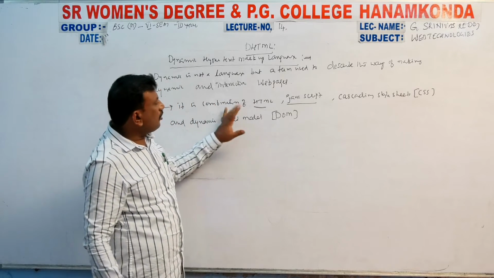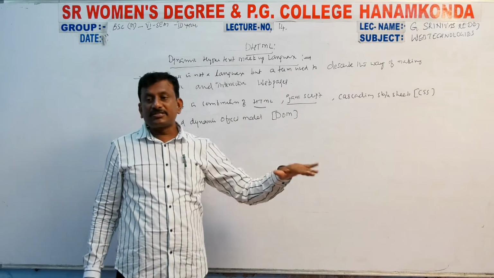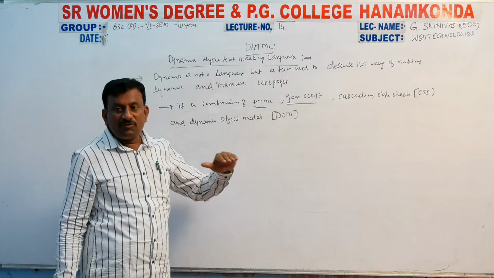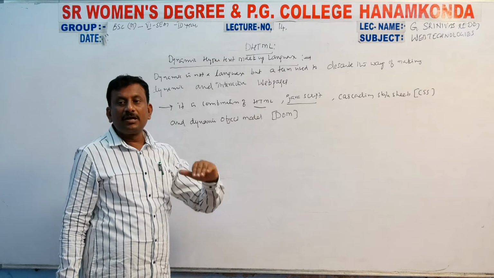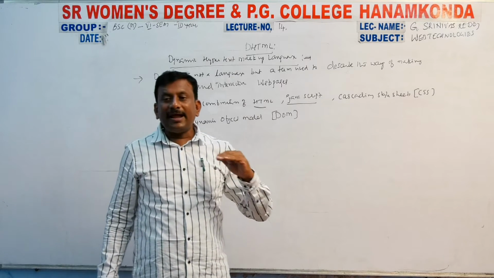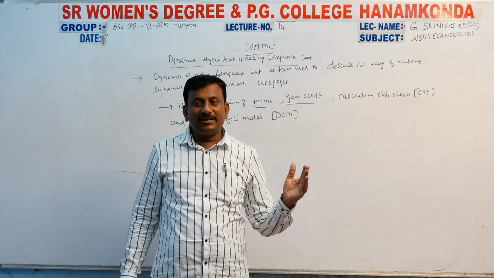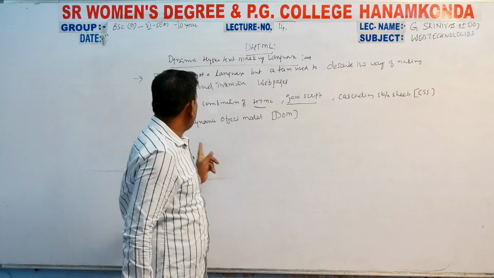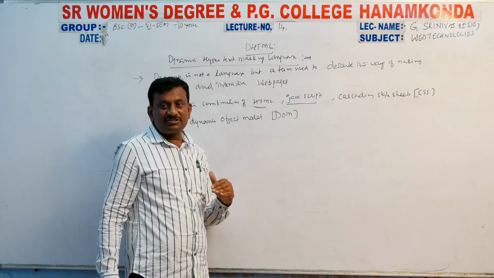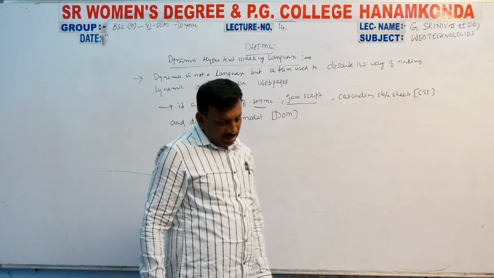It is a combination of HTML and JavaScript. JavaScript is a client-side scripting language, involving HTML as well as programming content. Cascading style sheets means we can add more tags to one tag, with more effective filters and transitions. That is called cascading style. And we use the document object model, mainly for the tree structure of the hypertext. That is called the document object model.